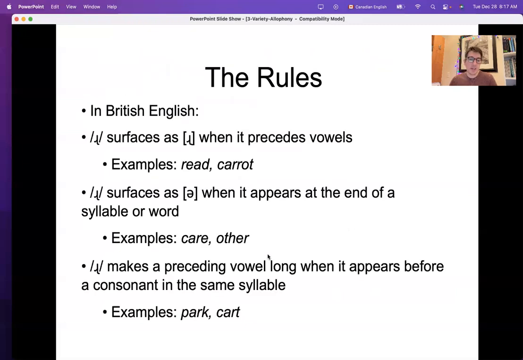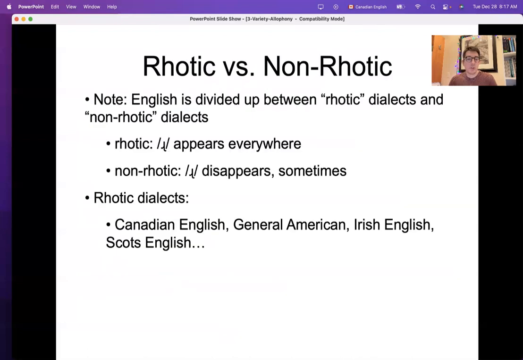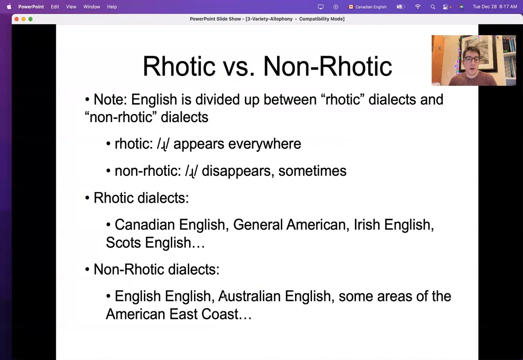In which context, right? When it appears at the end of a syllable or word and preceding a vowel, right? When it appears before a consonant in the same syllable. So as in here, like park, so just one syllable, right? So the thing about Australian English and New Zealand English, for example, and some areas of the American East Coast, is in the fact that they retained this feature of British English because they were colonized later